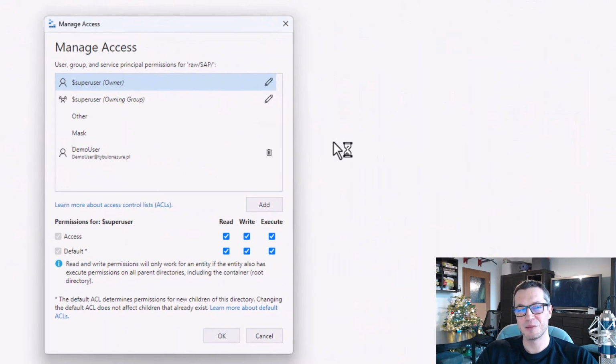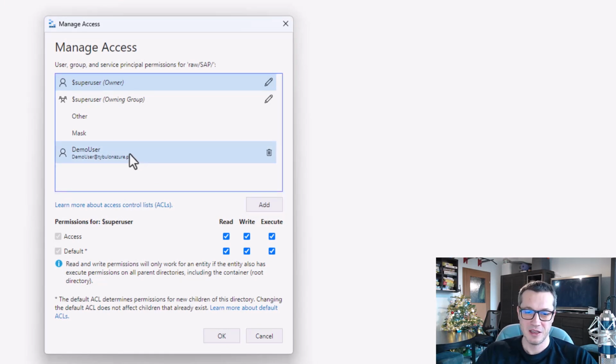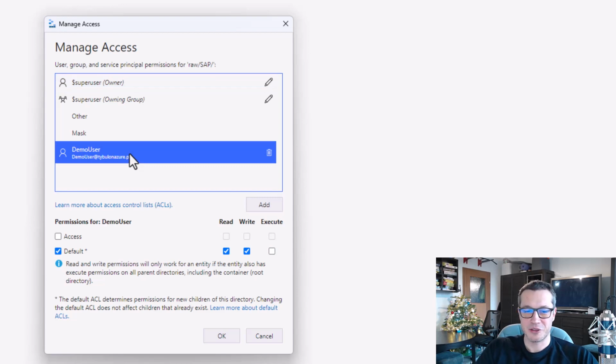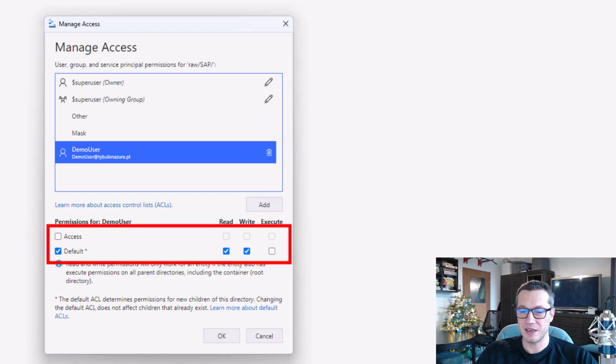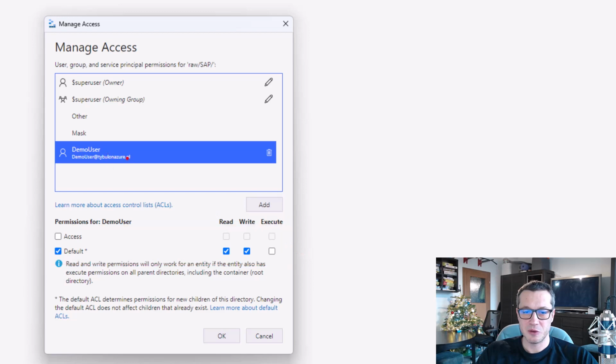The UI is a little bit different compared to the one that we saw in Azure Portal, but the behavior is pretty much the same. What is nice about Storage Explorer is that we've got access and default ACLs stored in a single tab, so we don't have to switch between them to see those two types of ACLs. And we can see that the demo user has those default read and write permissions set at the SAP